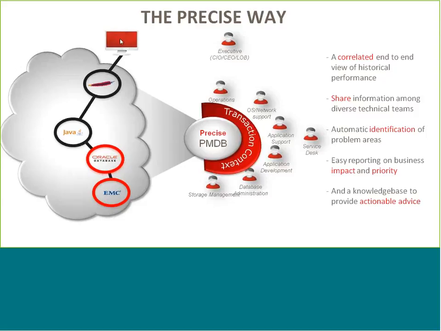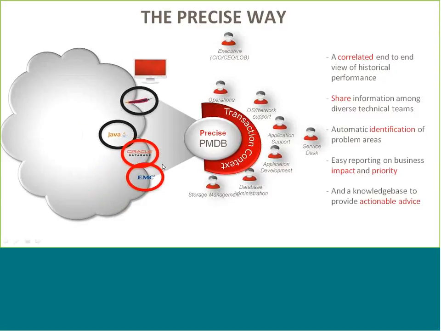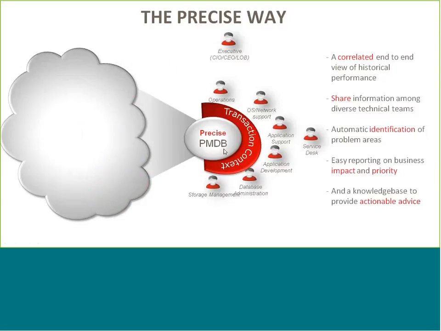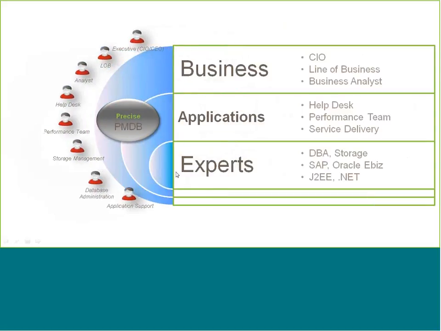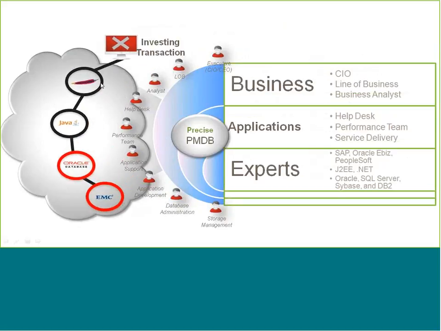And so what the metadata about the transactions answers: who, what transaction, where in the application stack, and then we have deep code-level visibility to show you what's executing. This information is captured continuously, put into the performance management database, where that becomes a single sheet of music for everybody to see what's going on. And there are different people in the organization that care about what's happening: the technical experts, the application owners, ultimately the business itself. And so when a problem comes up, you want to be able to extract information about that